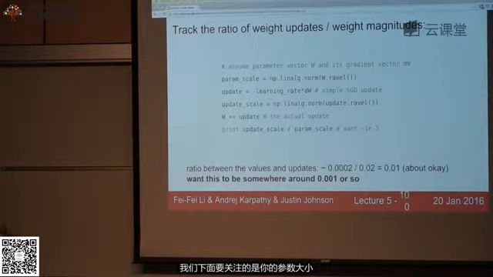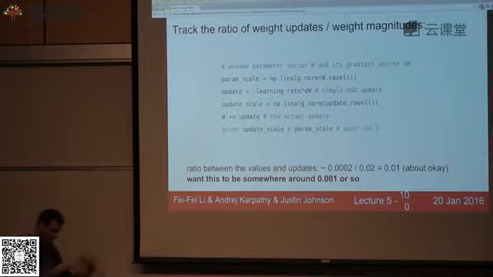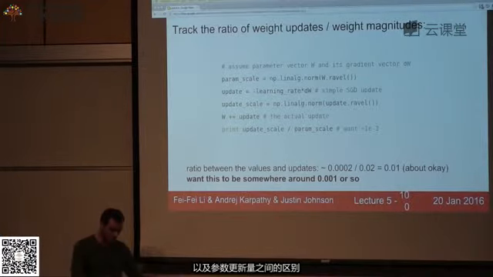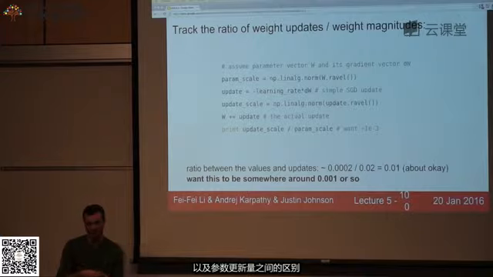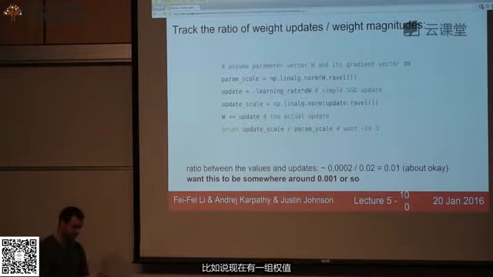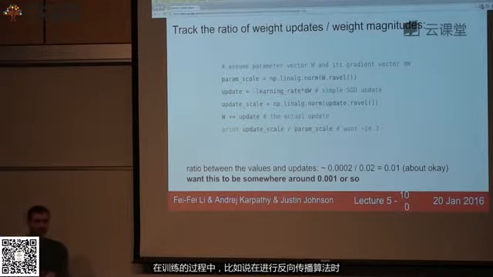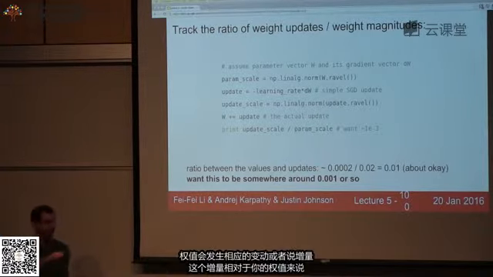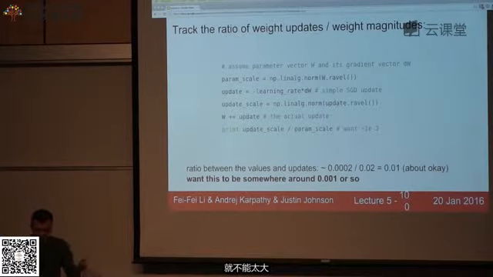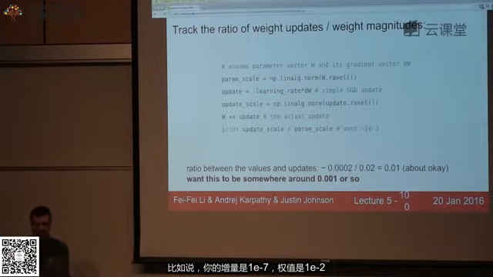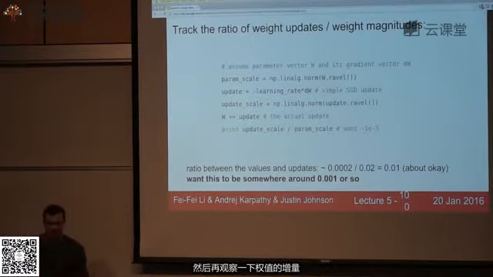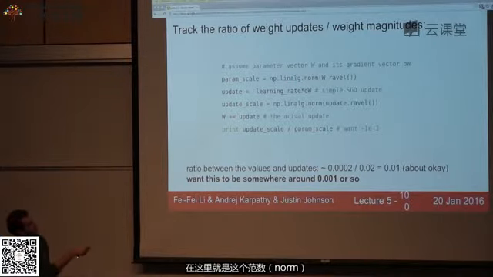One of the things you might also be looking at is tracking the difference between the scale of your parameters and the scale of your updates to those parameters. Suppose that your weights are on the order of unit Gaussian distributed, then intuitively the updates that you're incrementing your weights by in backpropagation, you don't want those updates to be much larger than the weights, obviously, or you don't want them to be tiny. Like you don't want your updates to be on the order of 1e-7 when your weights are on the order of 1e-2. And so look at the update that you're about to increment onto your weights and just look at